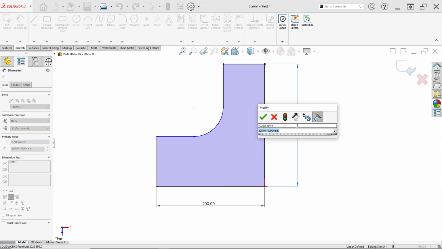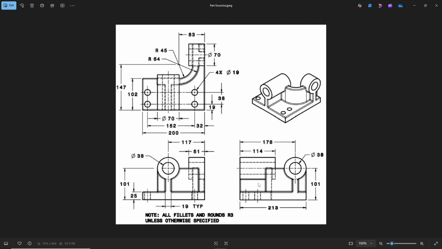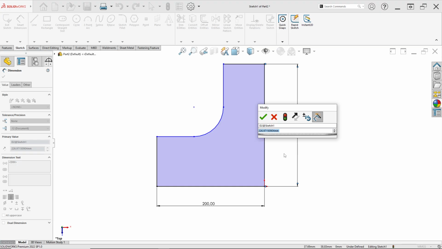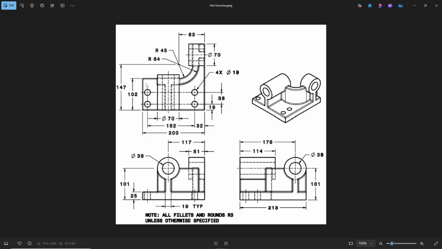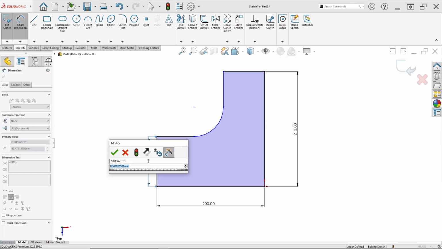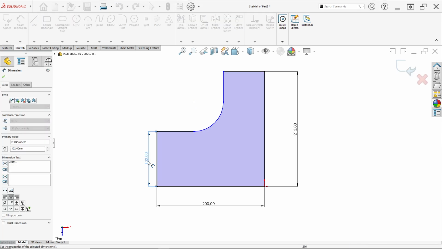For this line, we can see from the side view of the drawing that the length is 213, so input 213 millimeter for the distance. Okay, like this. Here this line has a length of 102 millimeter, like this.